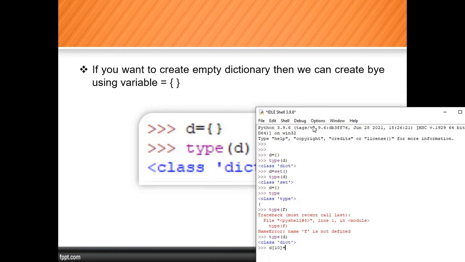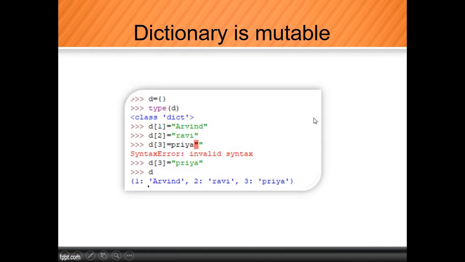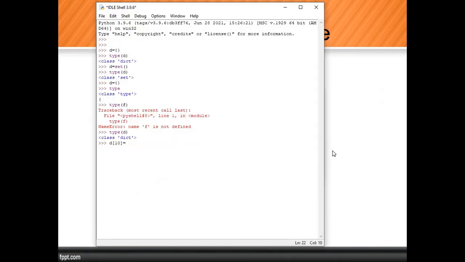Okay, so here I have also given the example. D of, in round bracket we need to provide the key, and after that we need to provide the value. Inside that, single quote, double quote, whatever data type we need to use. So here I use PESCUE. When we print the D, see, we successfully added a 10 number PESCUE.